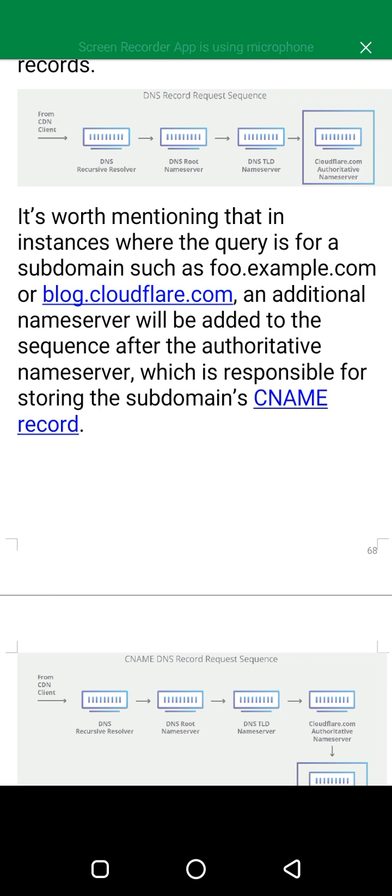It's worth mentioning that in instances where the query is for a subdomain, such as blog.cloudflare.com, an additional name server will be added to the sequence after the authoritative name server, which is responsible for storing the subdomain's CNAME record.